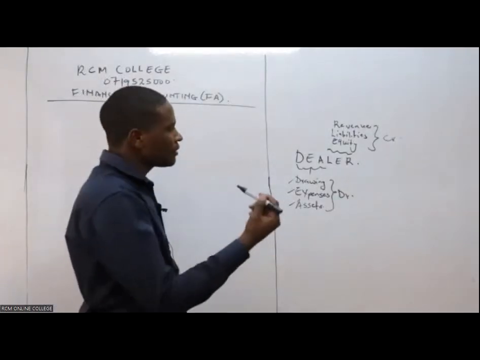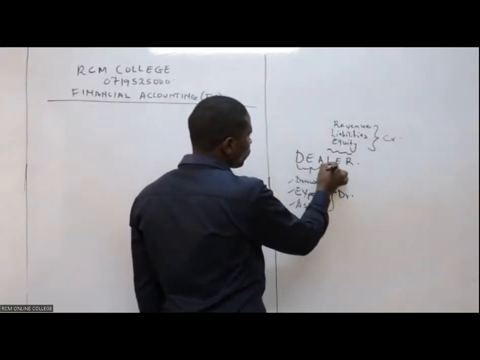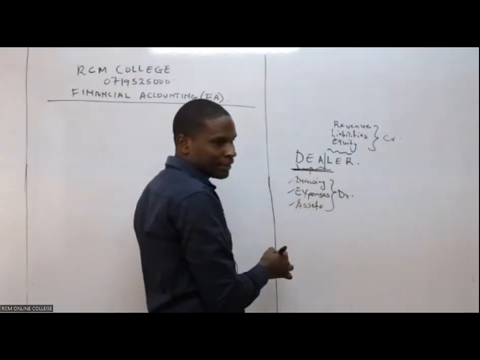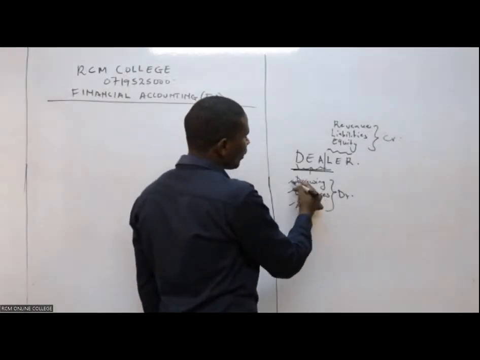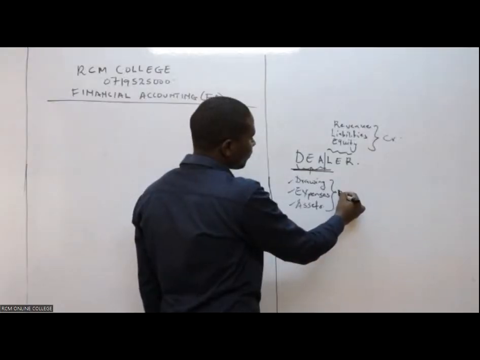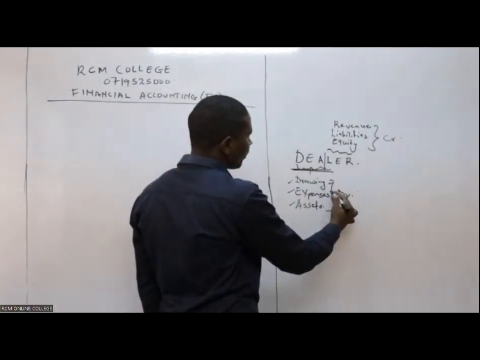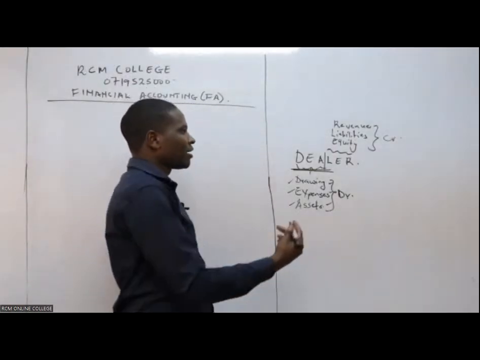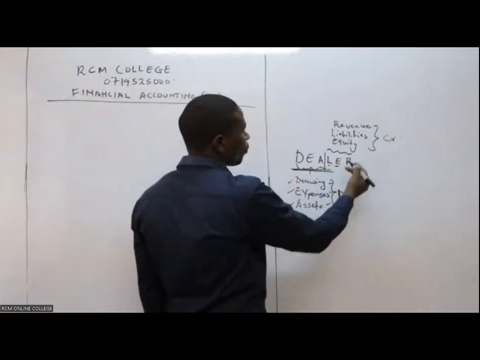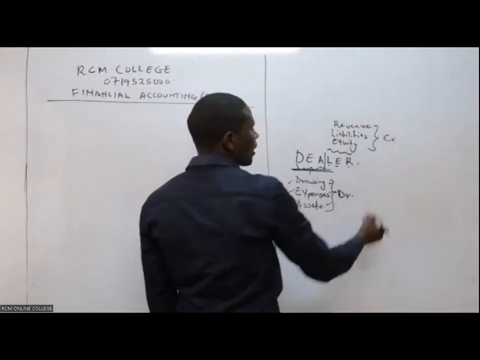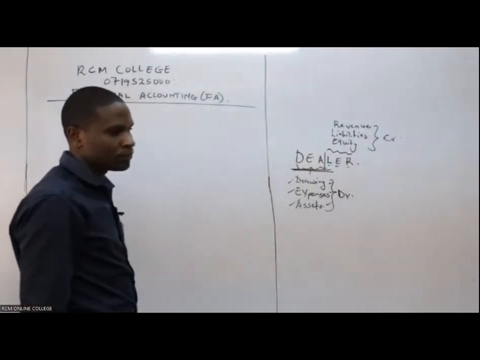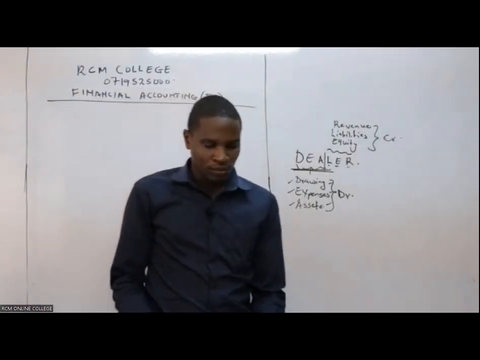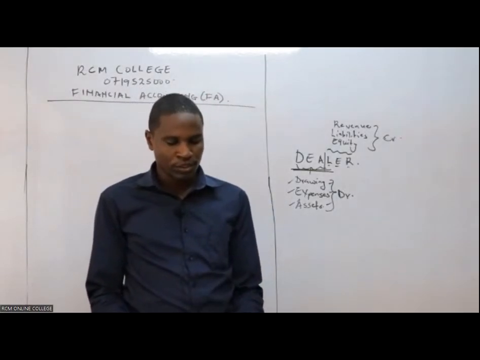Good. At this juncture, you have to understand this, or you have to get this concept of dealer. That whatever we have as the debit balance is drawings, expenses, and all the assets. They have a debit balance. And then we have liabilities, equity, and revenue, all sales. They have a credit balance, and you have seen that from the question. Now I want us to take a look at our question and then solve.